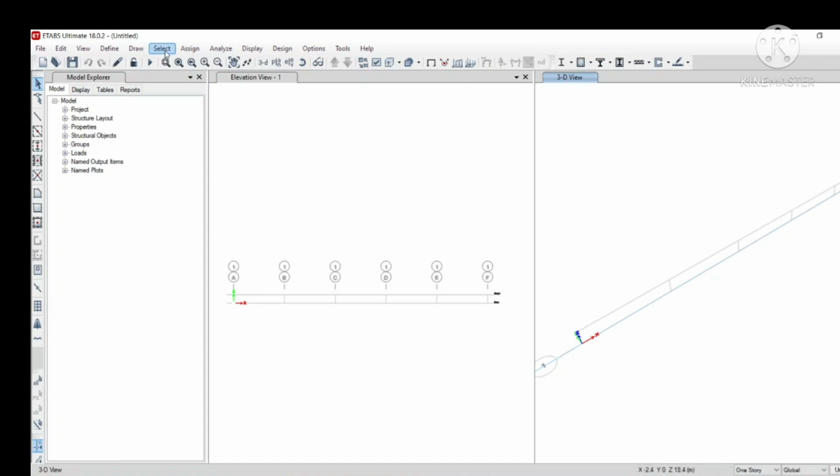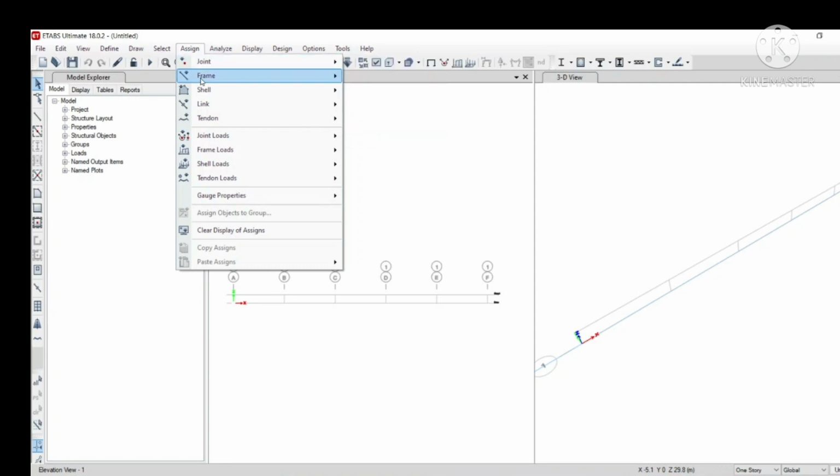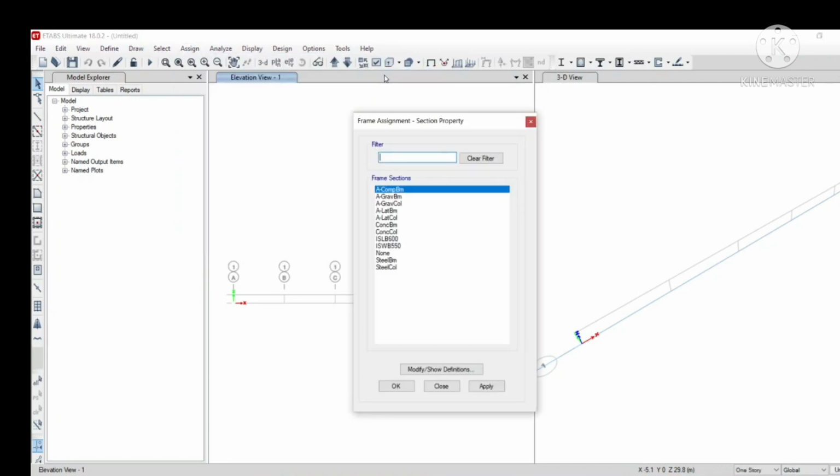Okay, so let us assign the element. Let us assign the beam. Let us take a section property.